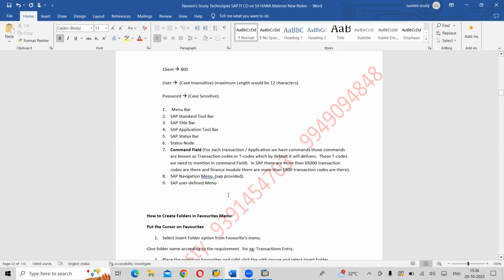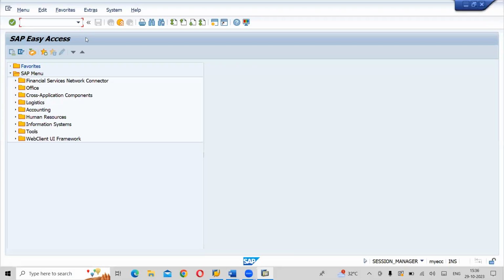The first one is considered the menu bar. In MS Office, MS Word, Excel, you have menu bars, right? But from the 2007, 2010, 2013 versions onwards, they call it ribbons. They no more call it a menu. In previous versions, they used to call it a menu only. So this part, the first line, we call the menu bar, like your MS Office.